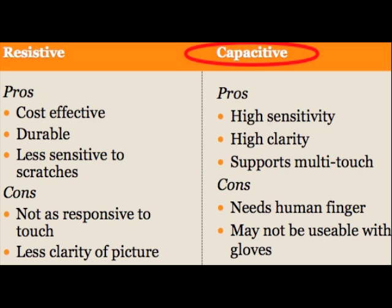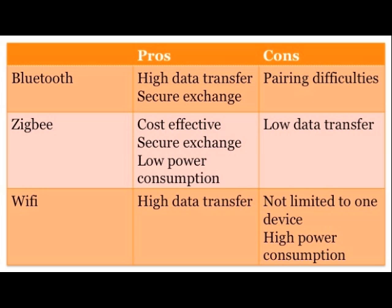easily chosen. After comparing several pros and cons of different touchscreens, we decided that a capacitive touchscreen is best for the device. It has higher selectivity and higher touch resolution than a resistive touchscreen, which also results in fewer touch rate errors. 3 different types of wireless options, such as Zigbee, Wi-Fi, and Bluetooth, were compared by listing the advantages